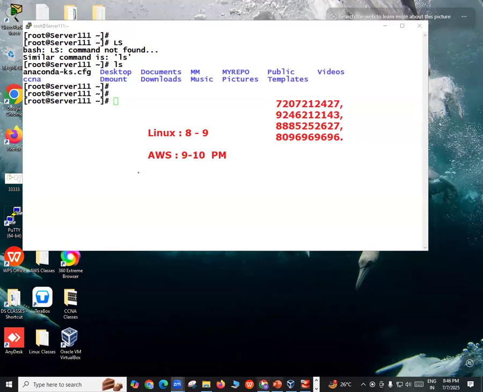No, AWS is there. Actually, maybe they have not updated their information, the call center department. But AWS is there. AWS will start from 9 to 10 p.m., most probably next week. I'll start this particular class. This is the last Linux batch for me in DurgaSoft as of now, and this will be the last AWS batch for me in DurgaSoft. These are the two last batches I need to start, because some people have already taken admission before. They're not here today, so hopefully they will join from tomorrow.